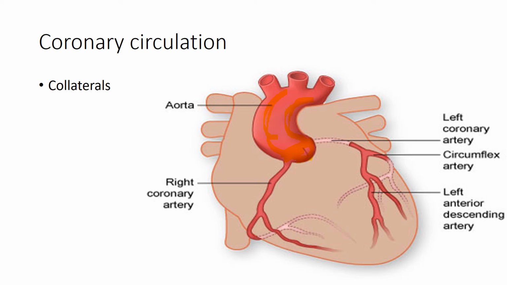There is a single branch from where the right coronary artery and the left coronary artery bifurcate. So there are two arteries, the right coronary artery and the left coronary artery. From the left coronary artery, there are two further branches. The circumflex encircles the heart and goes towards the posterior surface, while the other branch, the left anterior descending artery, goes towards the anterior part of the left ventricle, while the right coronary artery goes backwards and downwards towards the right ventricle.